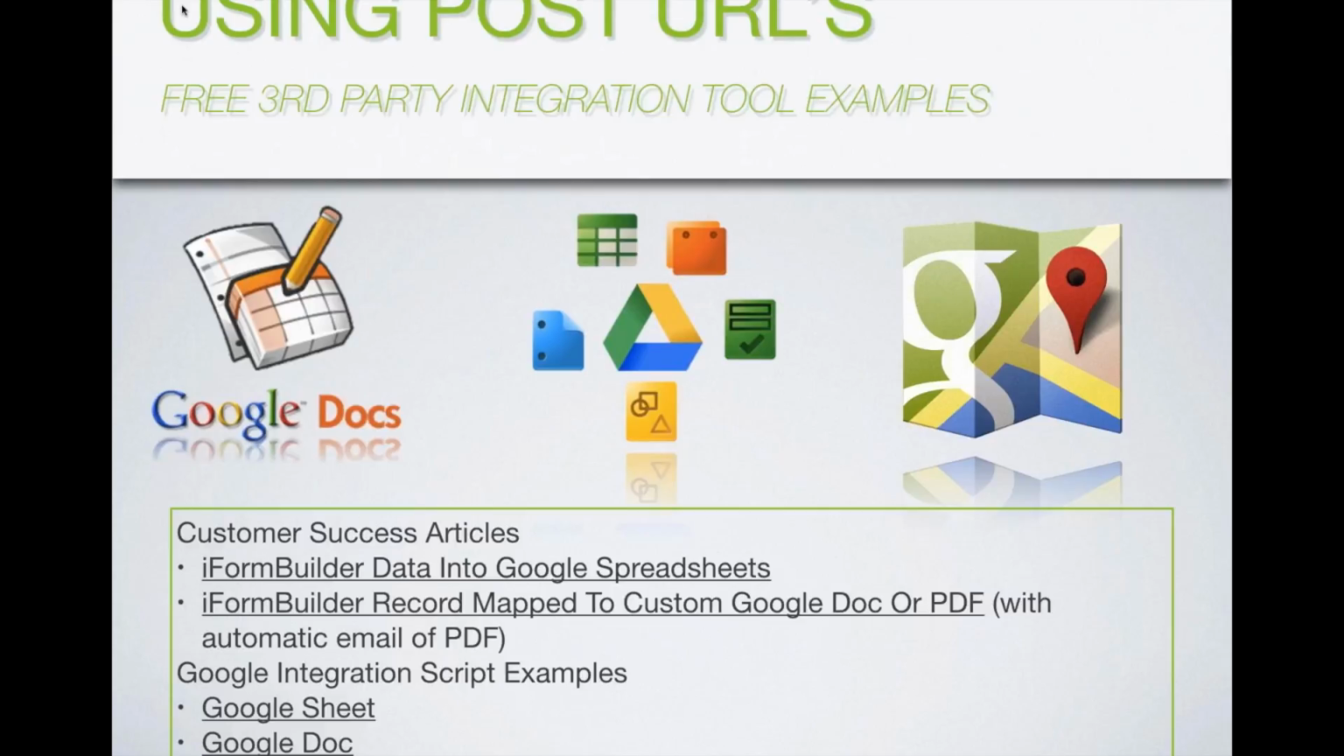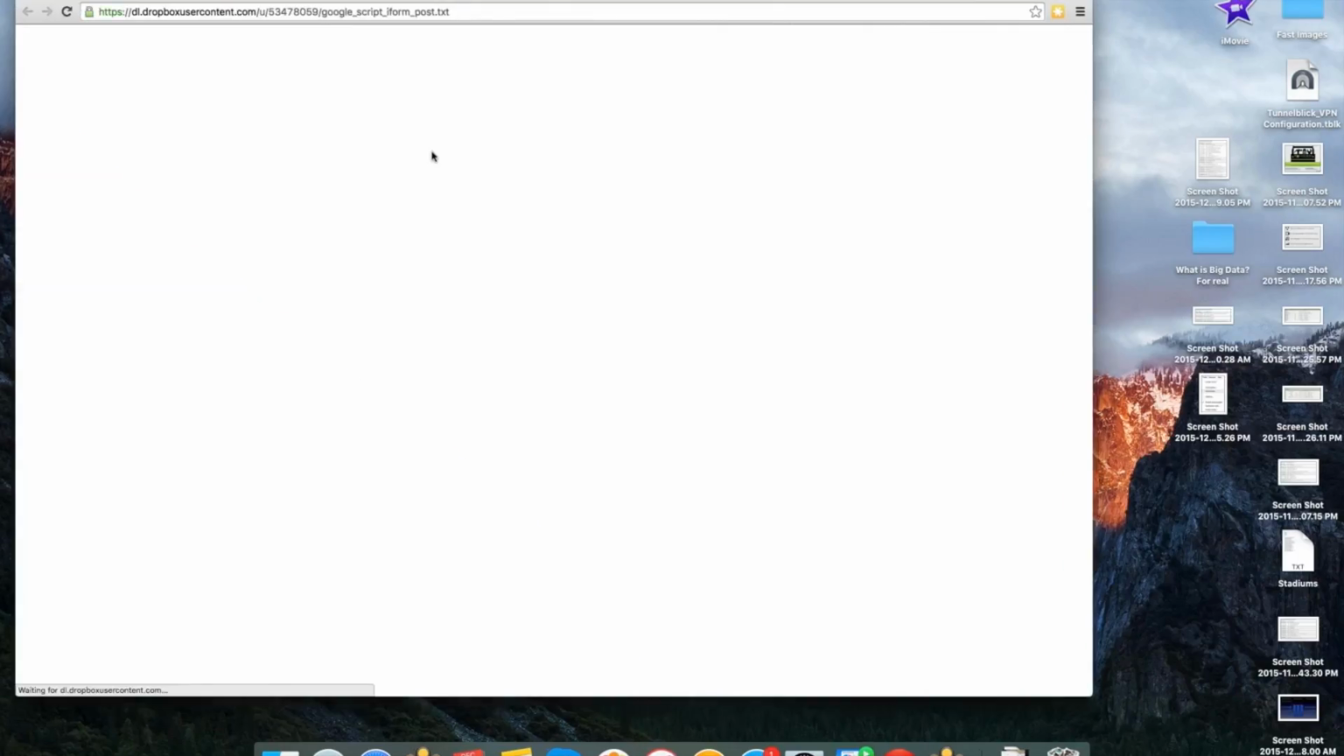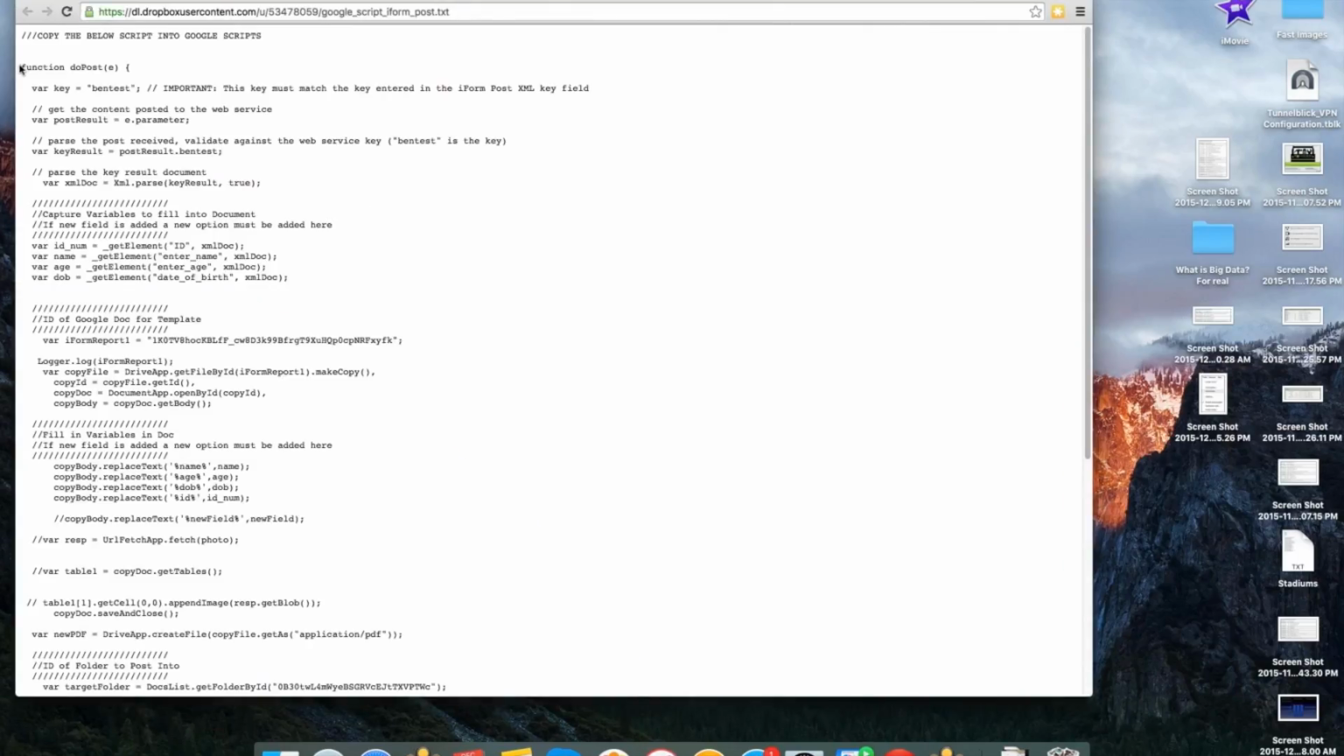We do have some examples of some scripts that have been written, and this is listed and included in the PDF that I'll share with you. But we have a Google Sheet one as well as a Google Doc script example. So what you would do is you would just take that example. So I'll just launch that from here. I would copy this